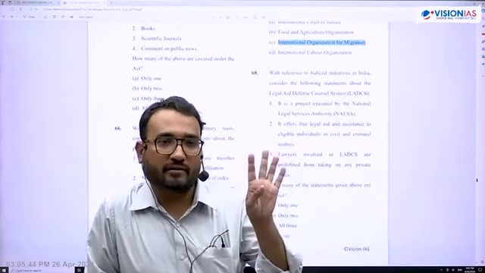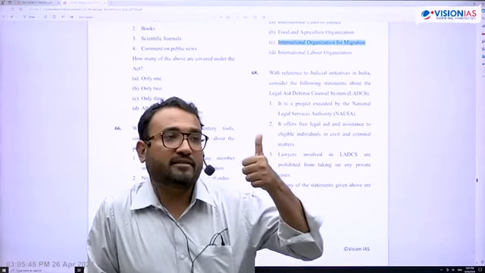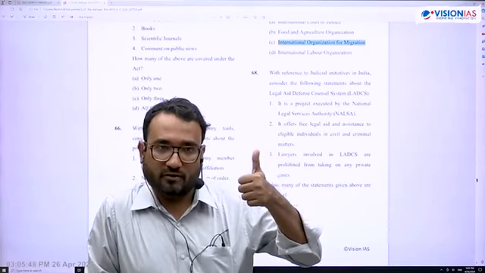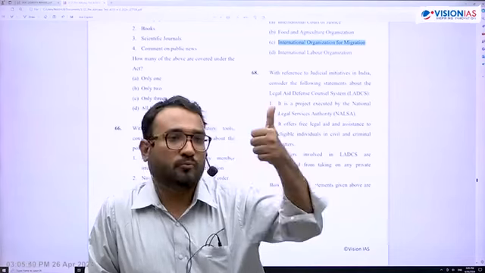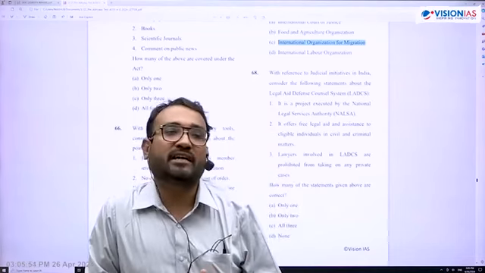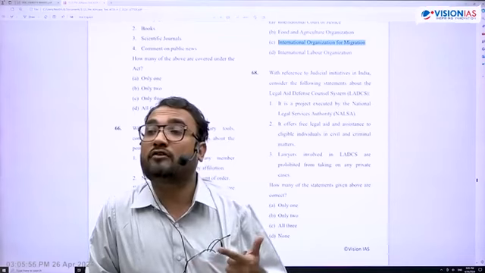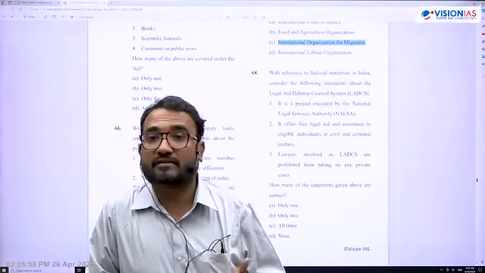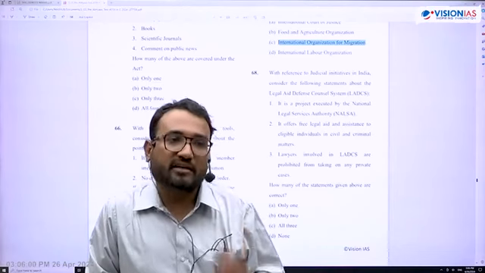It says three things. One, the operation of the legal system in India should promote justice. The whole legal system should promote justice. The state shall provide free legal aid. And third, no one shall be denied justice by economic or any other disability. So there are three things in Article 39A.